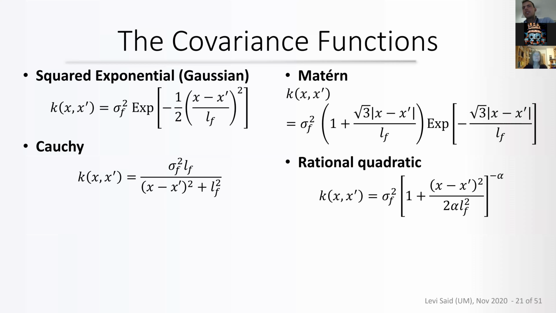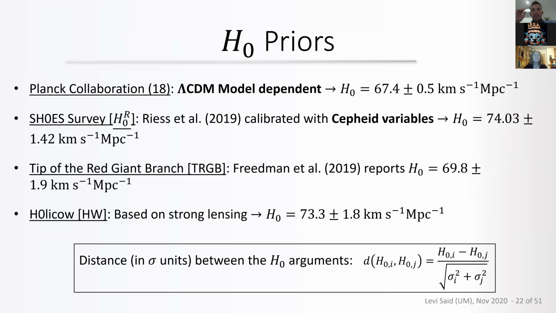And I said that we need these kernels or covariance functions. Here are the four most popular, with the square exponential at the top left being the most popular because it's the most applicable or general, and you would expect this, it's a Gaussian basically. The reason I'm showing four is because one thing we did in the study was to understand whether there are any changes between these kernel functions or covariance functions. And in the study, on top of this, we took the four most